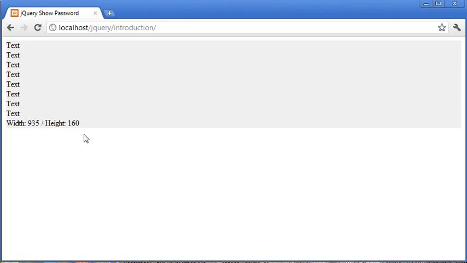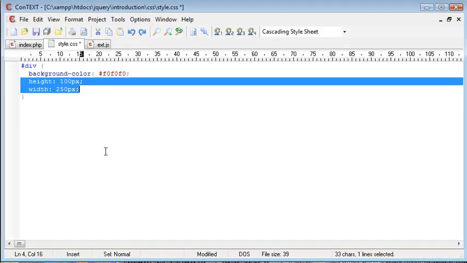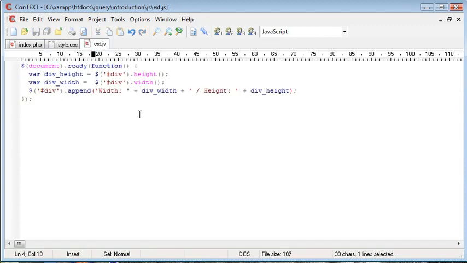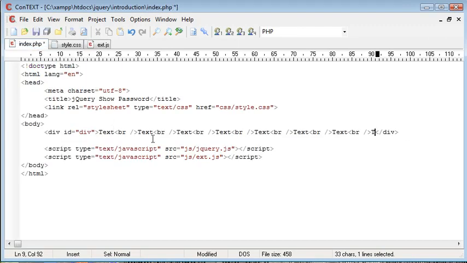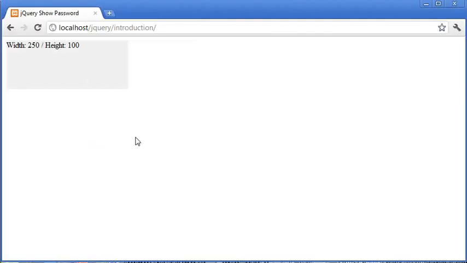Because we didn't define it, but the height's now changed as well because we've pulled it down with all this content. So these are absolute values that we actually take in, rather than what we've defined in style.css ourselves, because we know that the content could overflow and increase the height or the width of the div. So this is all well and good, but now let's go ahead and look at a